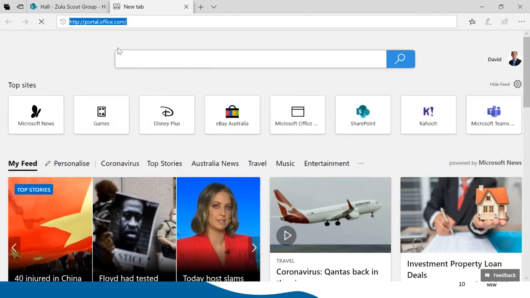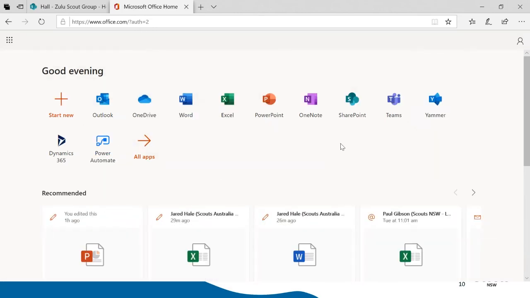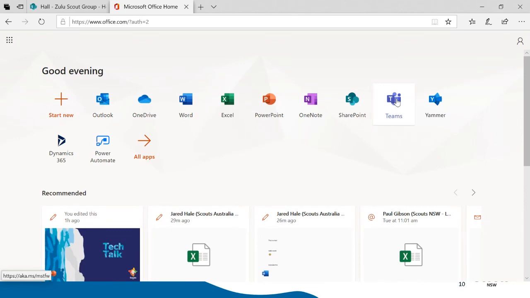So of course we know to go to portal.office.com. And because I'm already logged in, it won't challenge me for a username and password. We click on Teams. Now, if you're just using your virtual Scout halls and interacting with files like we've demonstrated tonight, you do not need to download the Teams app, okay? But if you do want to make use of Microsoft Teams live events, then you will need to go through this process,